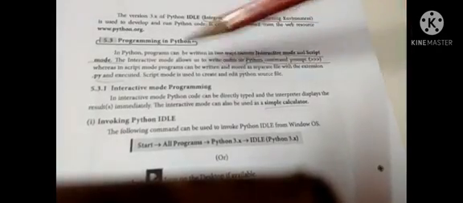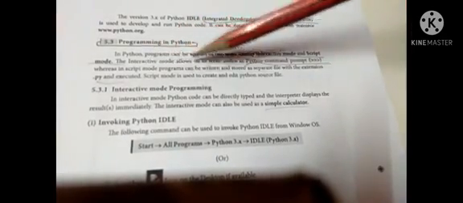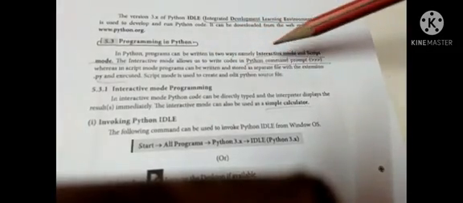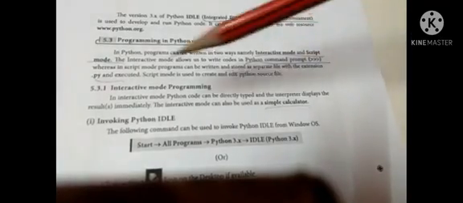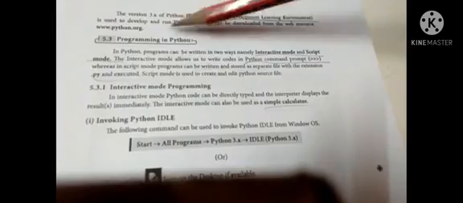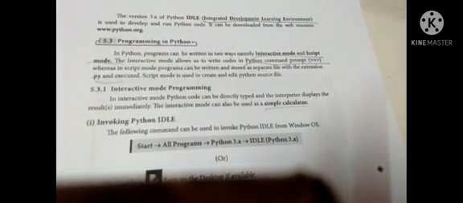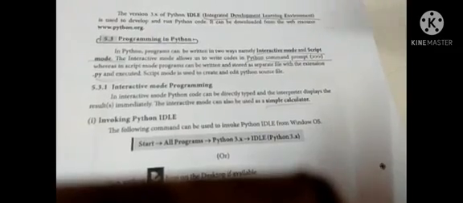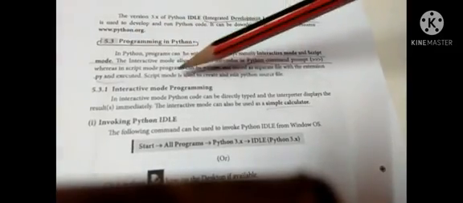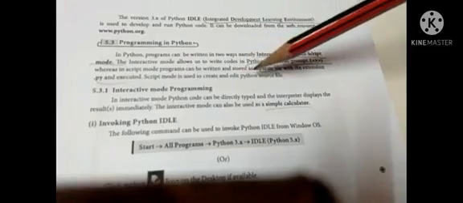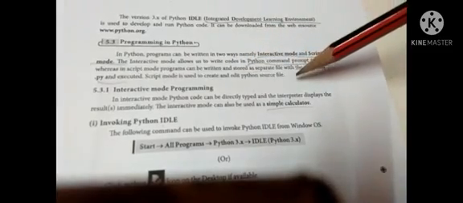Whereas in script mode, the program can be written and stored as a separate file with the extension .py. So every program we write and store has the .py extension. Script mode is used to create and edit the Python source file.